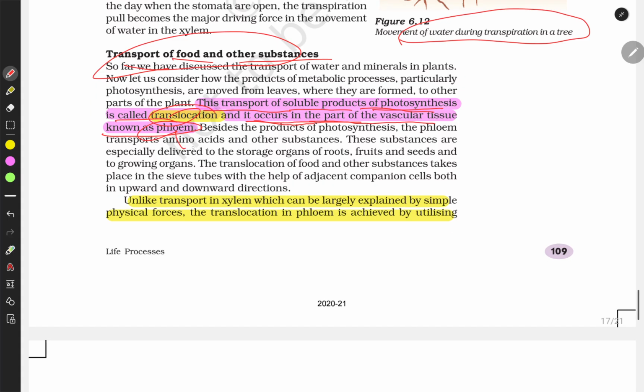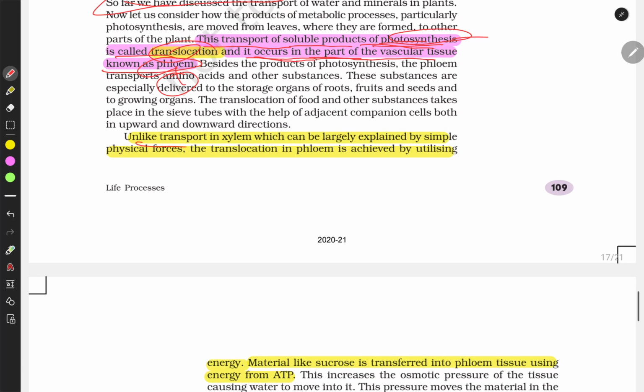So this translocation of the food from the leaves, where it forms by photosynthesis, is done by the phloem tissue. Unlike the transportation in xylem, which can be largely explained by simple physical forces, like capillary action through transpiration,